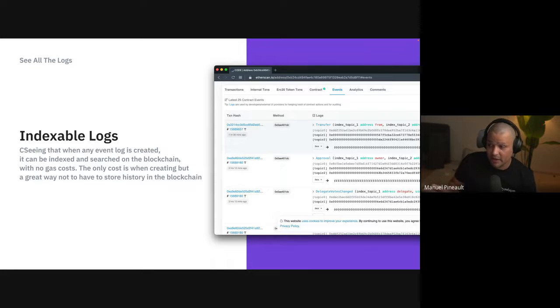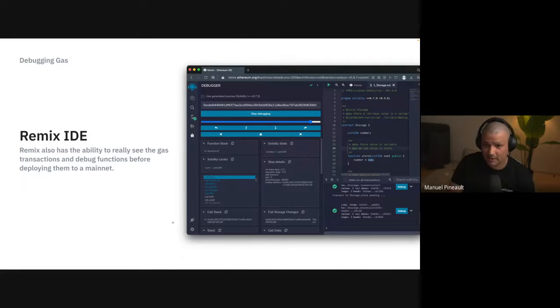It's very cheap, and if you want to reference that contract, or all the history related to that contract or other contracts, event logs are a great way to find that data. All right. Last thing that I'm going to cover here: